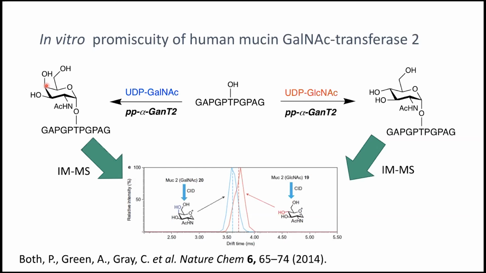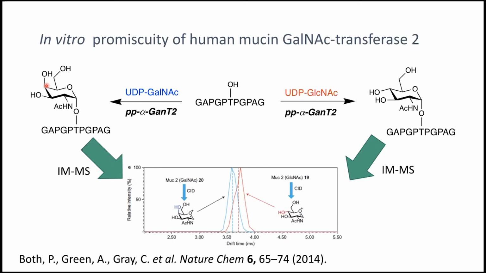So we were very keen to show that we actually were making the GlcNAc derivatives and not the GalNAc derivatives. And here we almost had to develop a hyphenated mass spec method, and I really give credit there to my colleague Claire Eyers, who was our mass spectrometrist at that time, and she introduced us to ion mobility